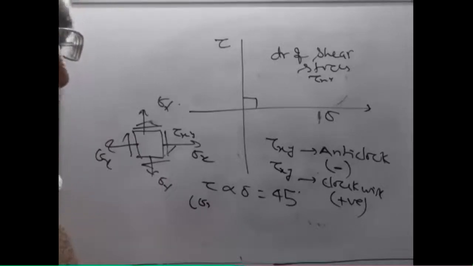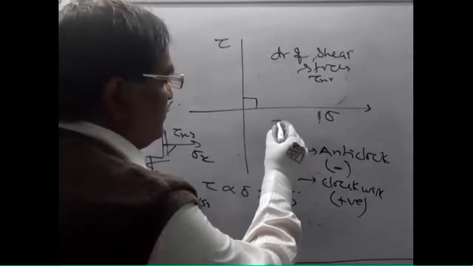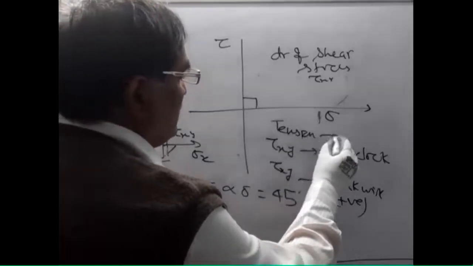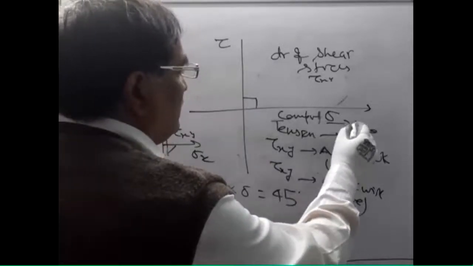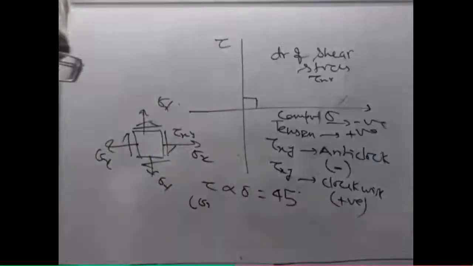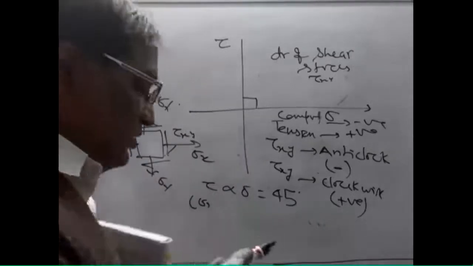Just like in rock mechanics, the normal stress is generally taken as positive in compression, and tension is taken negative, because in rock generally the material faces compression, but in metals most of the time it is tension. Compression is also possible. So here, if it is a normal tension, then we take the positive, and if it is a compression, then we take the negative. This is the sign convention I follow. If you don't agree, you can interchange, but stick with one sign, then you will get the correct answer.